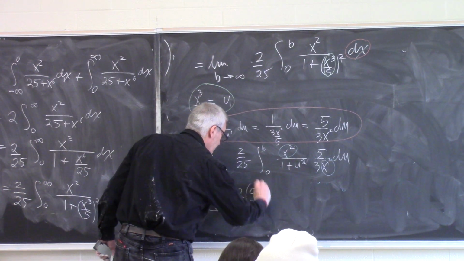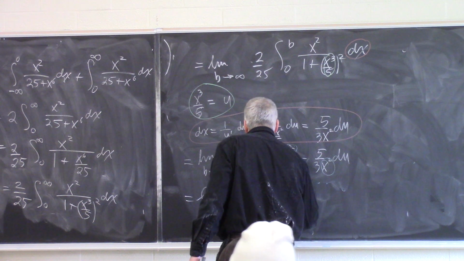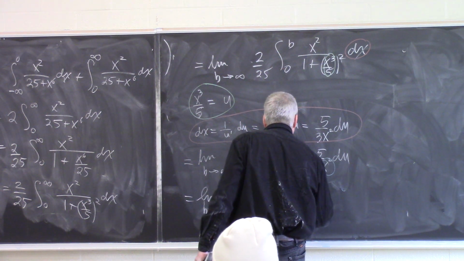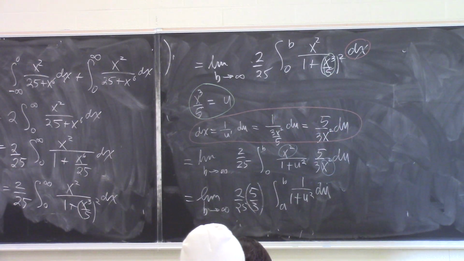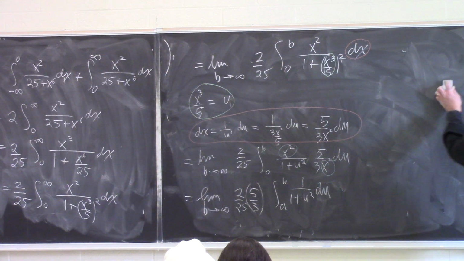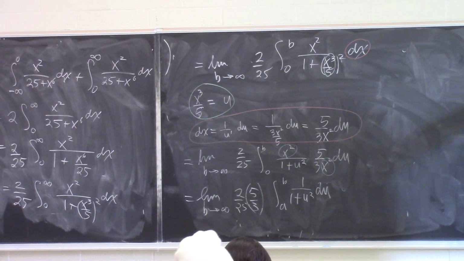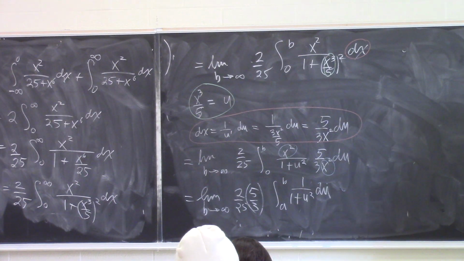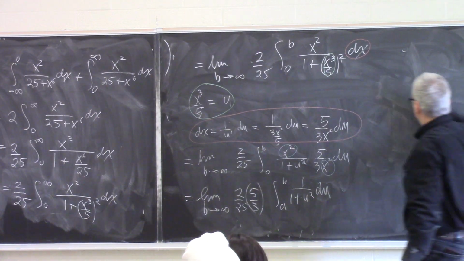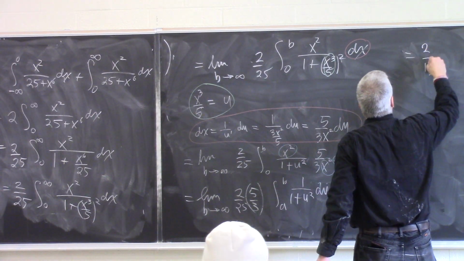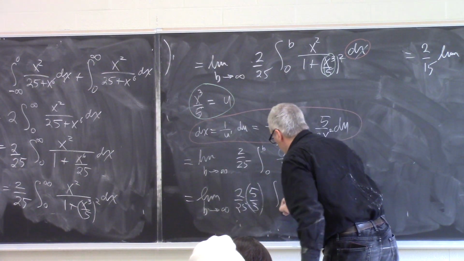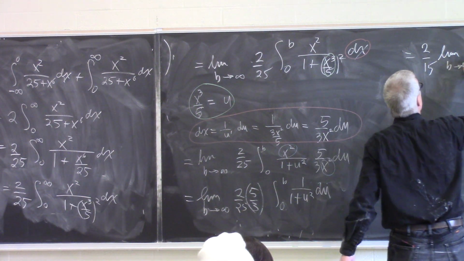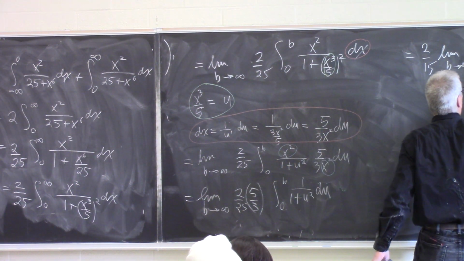I'm afraid if I try to do arithmetic in my head, I'll crash and burn. Okay, so the 5 over 25 gets together and has a party. That becomes a 1 over 5. So this is 2 over 15 times the limit as b goes to infinity of the integral from 0 to b of 1 over 1 plus u